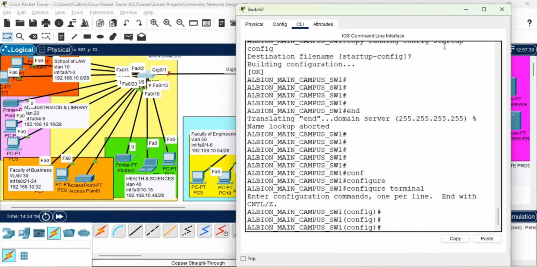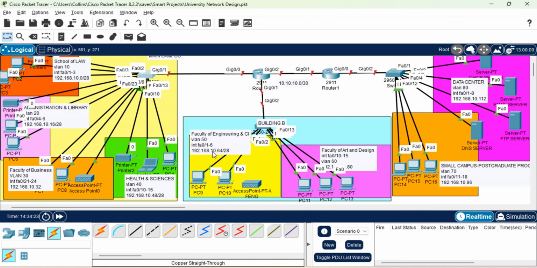On this section, let me go to building B. This building B, VLAN 50, Faculty of Engineering and Computing. Under this network, port 1 to 6, that is Faculty of Engineering. Port 10 to 15, that is the Faculty of Art and Design. So let me then